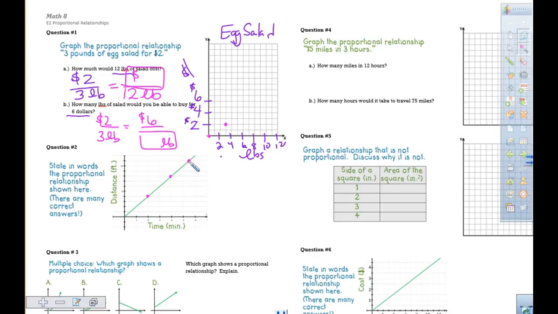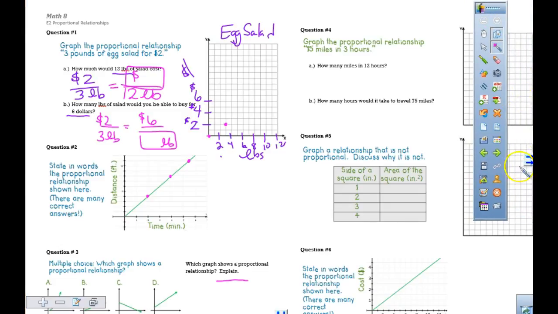Please take a look at number 3. Number 3 is asking you which one of these is not a proportional relationship, and then you have to explain why. As you look at the top of the next page,